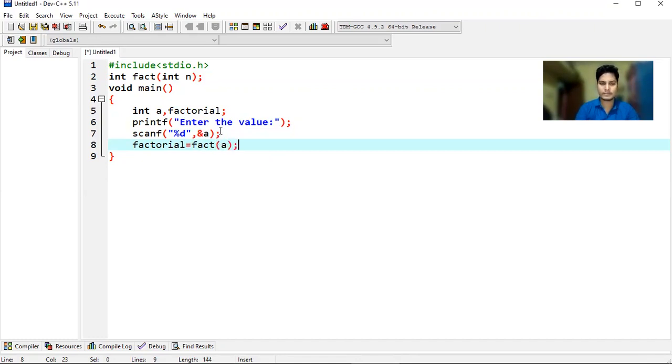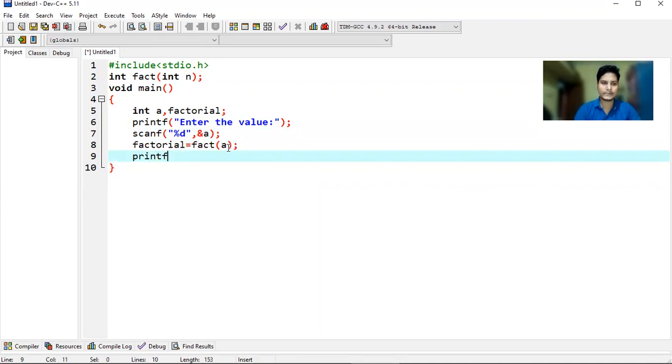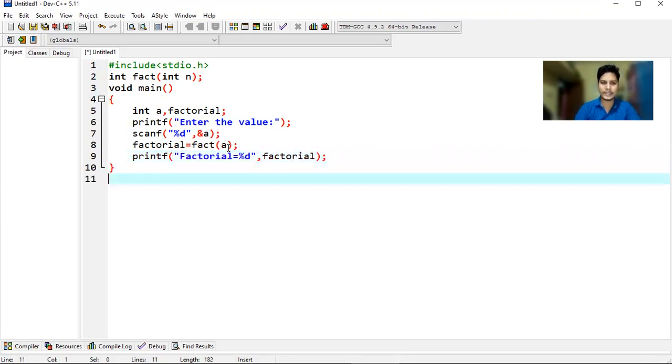Here the value of a will be passed as an argument. Okay, now printf within double quotation, I'm writing factorial is equal to %d comma factorial semicolon. Then I will define the fact function.